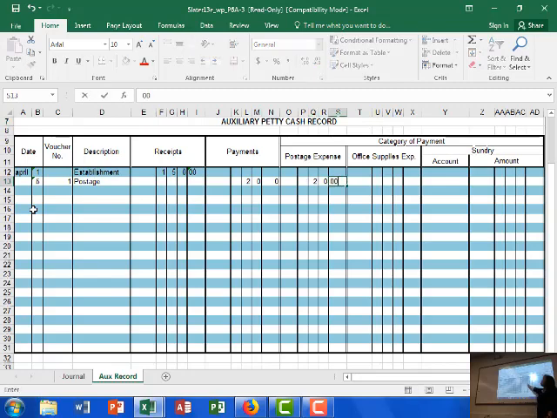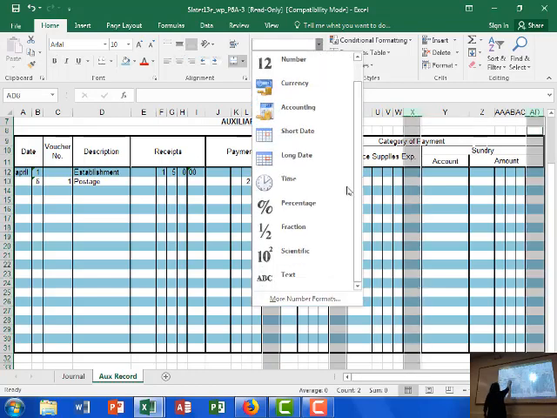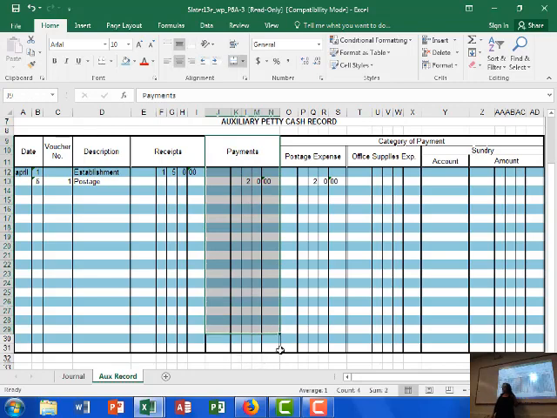Payment. And also under its specific area as well. Notice we've already set it up, the fact that we know we're going to be paying for postage there. Okay? Now the reason that we show a receipt here for $150 is because we actually have the receipt, which is the check number. Whenever you're taking money out of the auxiliary record for petty cash, it's actually going to be a payment, because you're paying for something. And the reason that you have a voucher number or a receipt or an invoice is to show the record of that actually happening.